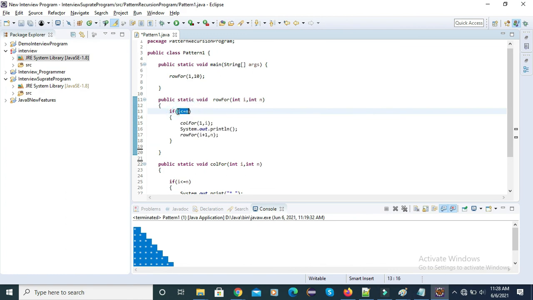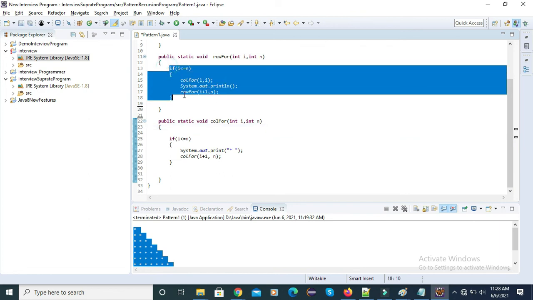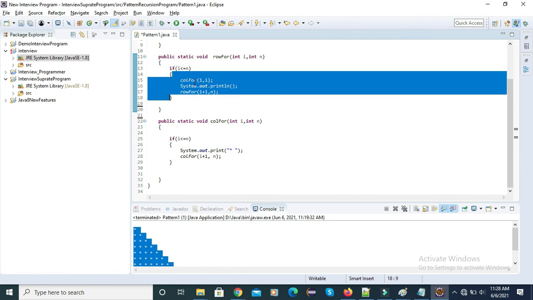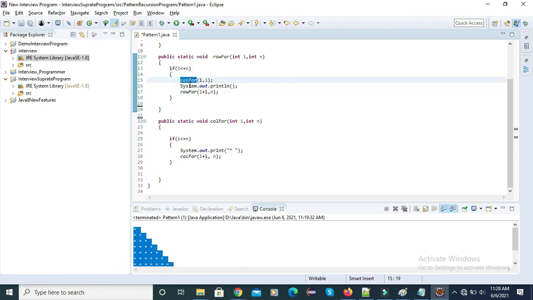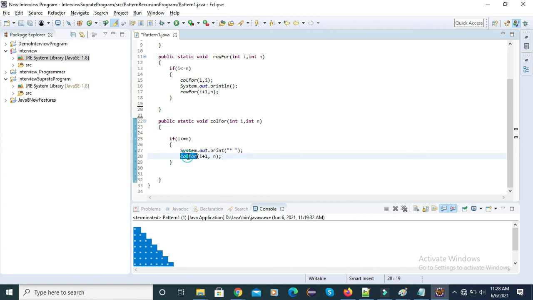Once it becomes false, it will terminate. The same scenario is here: if this condition is satisfied, then inside this statement we call this method, and we also pass 1 and the current I value. This way we print the star. Here also we call the recursion, and here also we call the recursion.